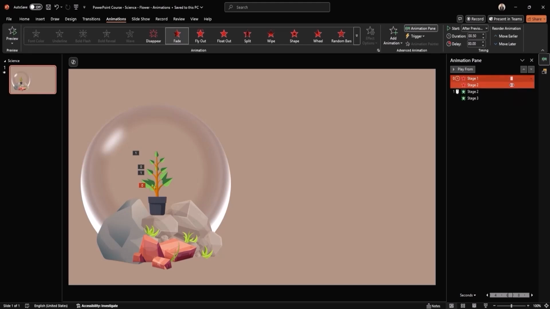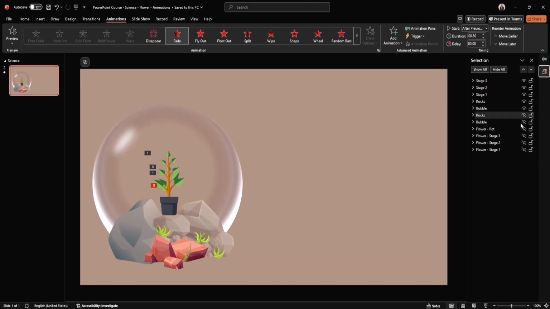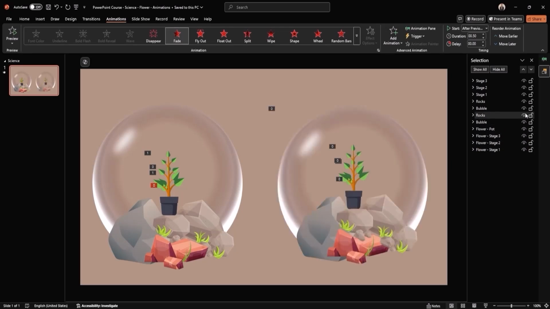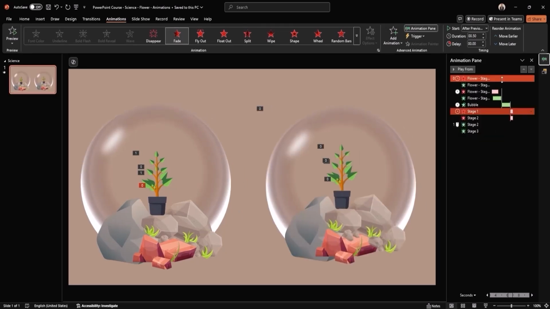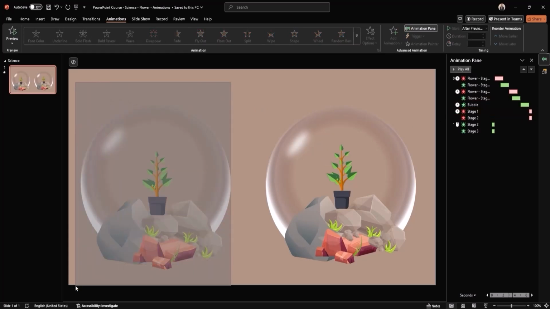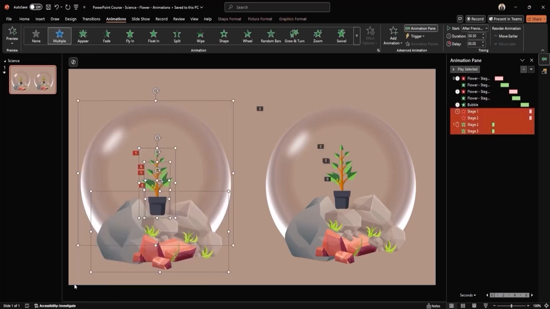This happens because we already have some animations, but they're from the visual element we just hid a moment ago. Let's unhide them, take a look, and see what's affecting the timing. As expected, you can see that the other animations are still there, even though we hid them, and that affected our animations. So, let's start fresh on a new slide by copying our visual element to a separate slide where we can work on it without interference.